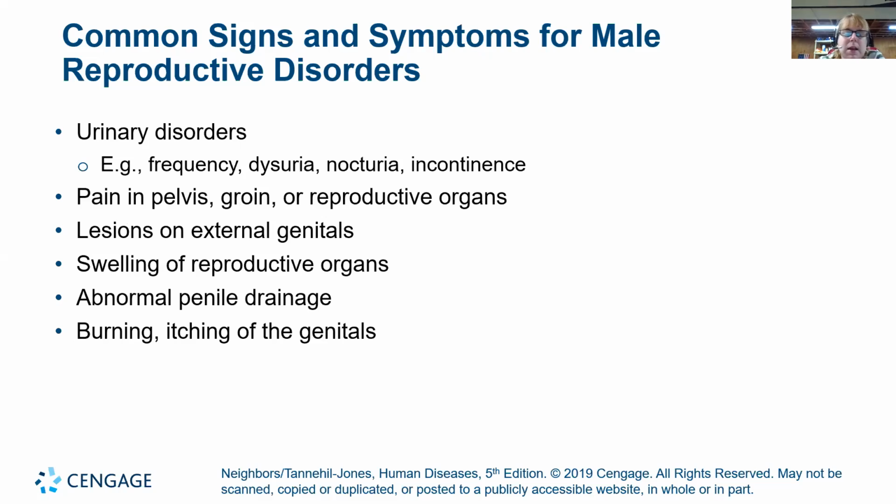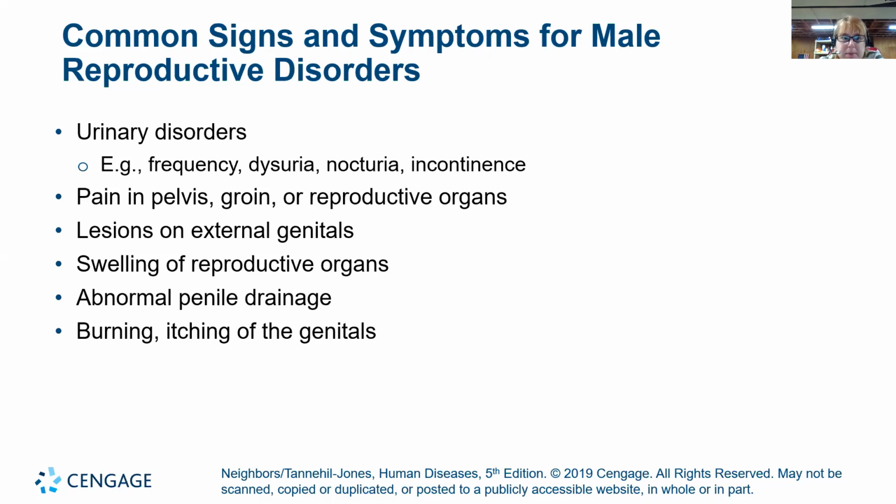So for males, it tends to start as a urinary disorder: frequency, painful urination, urinating a lot at night, possible incontinence. They'll feel pain in their pelvis, their groin, and their reproductive organs. A lot of times it will indicate as swelling first, or they can see maybe a lesion, or they'll have burning and itching. And of course, anytime there's abnormal penile drainage,